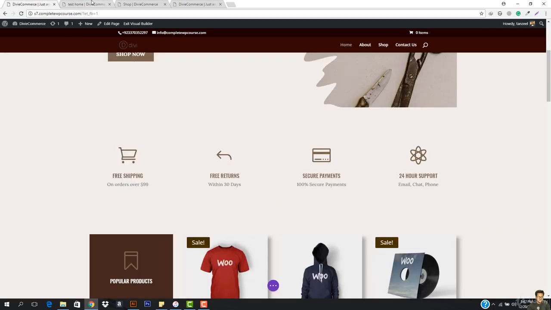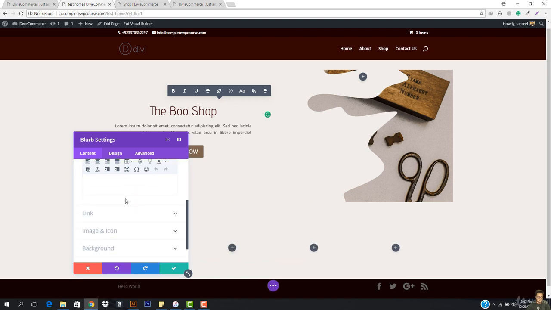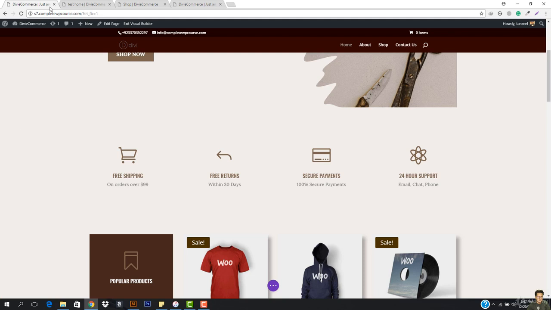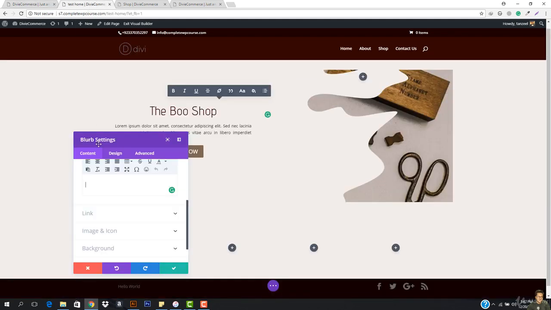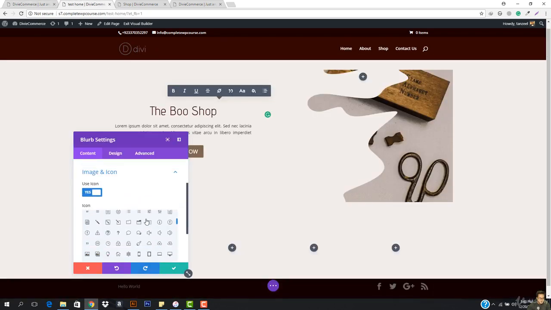So the title is going to be free shipping. Okay. I want to come here and add free shipping. Okay. And the content is going to be on orders over $1.99. Okay. Here I want to go with the icon. So icon should be use icon. And I need a truck. Basket. So